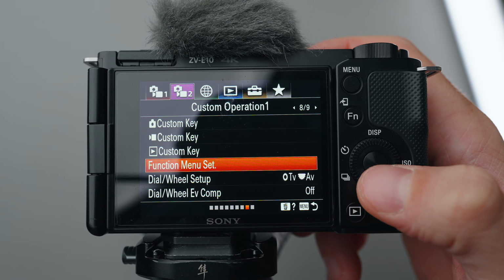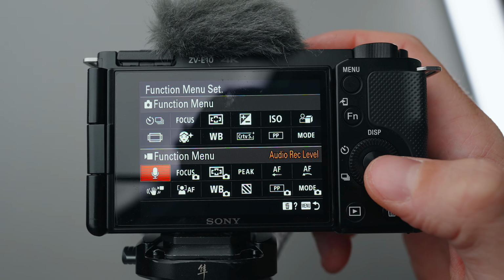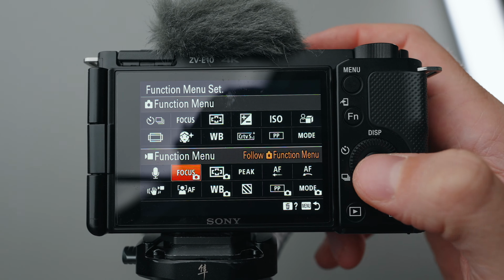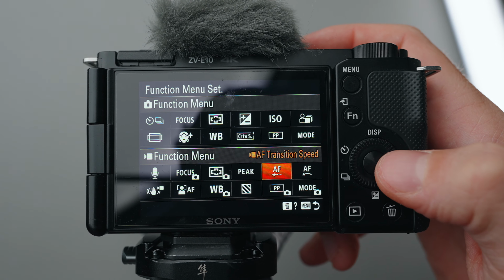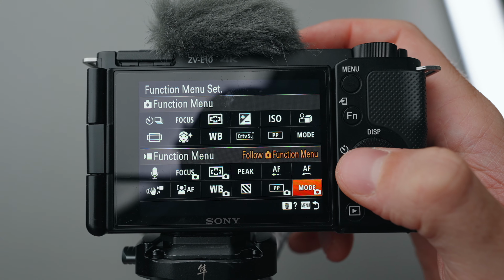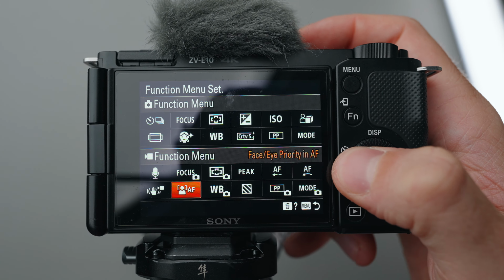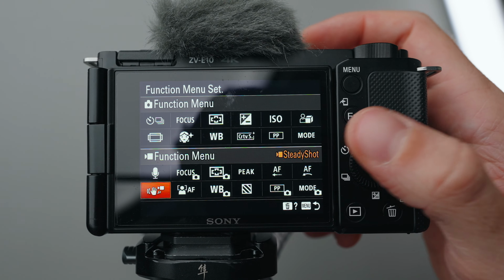Then function menu settings, let me show you all the settings quickly. So I have here audio record level to adjust the audio record level really quickly if I need to. Then this is manual focus and autofocus, focus area, peaking, autofocus speed, autofocus sensitivity. Then I have here, I don't even know what. Then picture profile, zebras, white balance, face tracking, important as well, and steady shot if I need to quickly enable